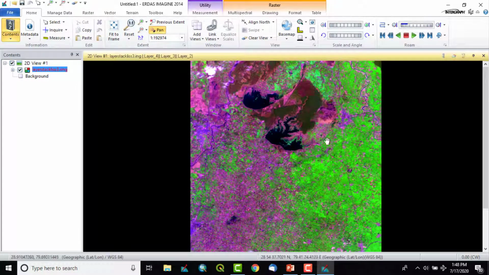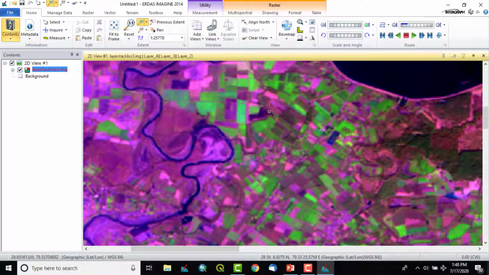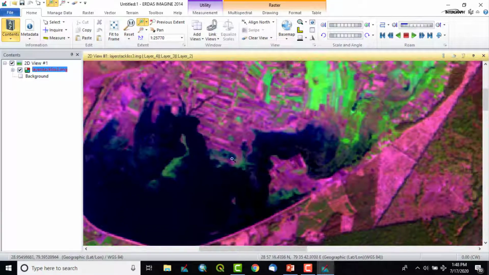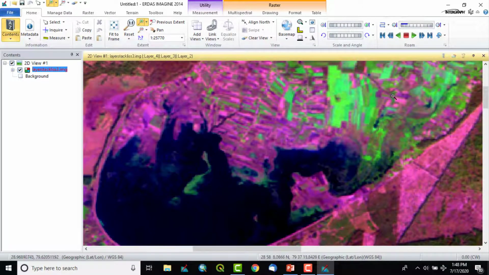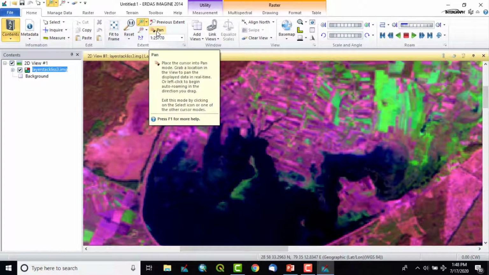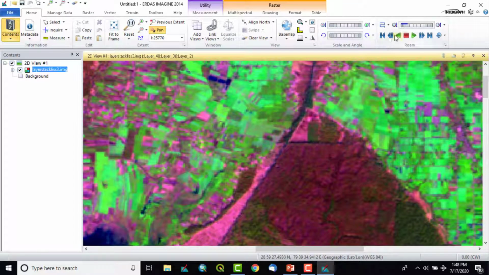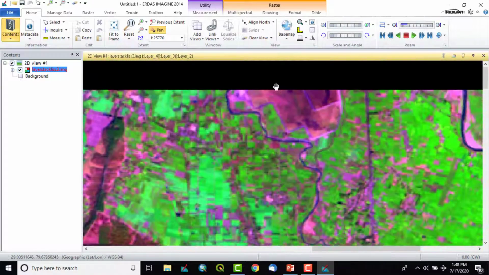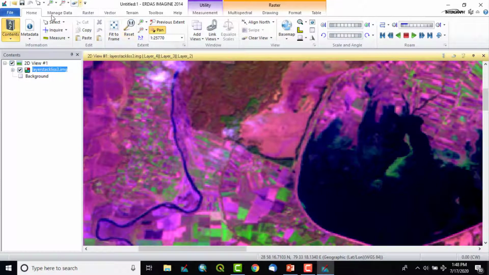To see the further areas we have to scroll the mouse wheel. If it is not working, we can use the pan option. With the help of pan, we simply left click and drag, and we can see the rest of the areas of the satellite image. So this is the pan option.